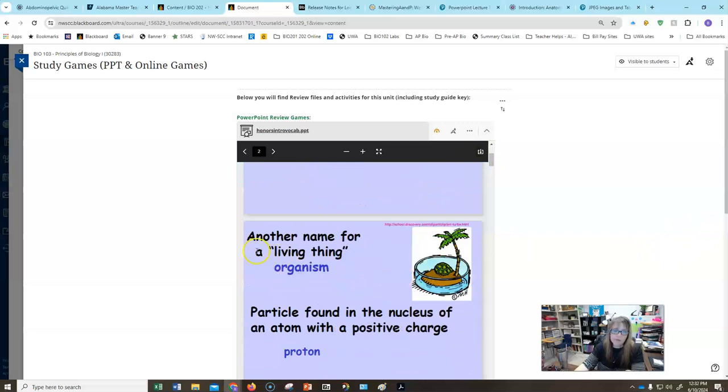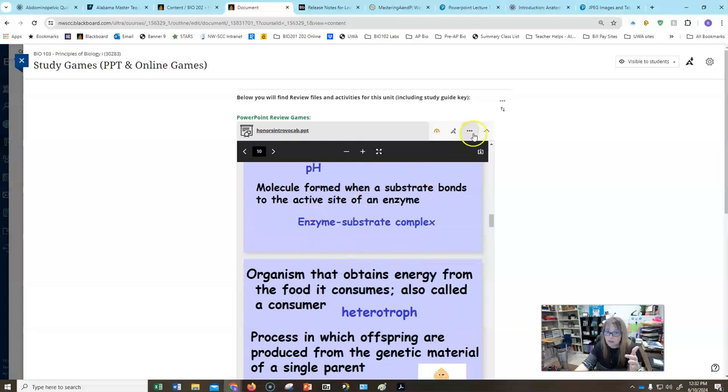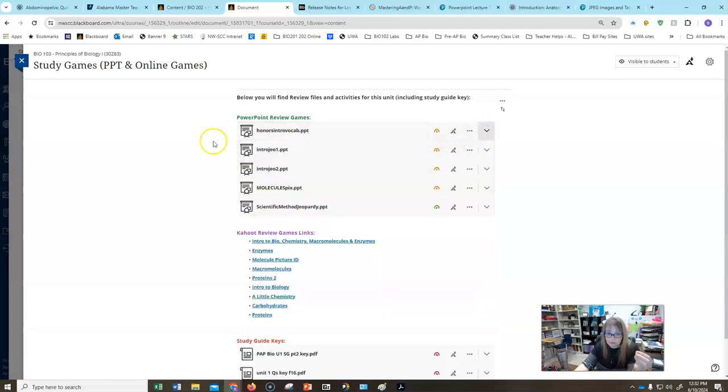It would pop up. So the very thing would come up: question, another name for a living thing. And it wouldn't show you this yet. You would say organism, and then you make a click on the page and it pops up the word organism. Were you correct? Yes. Or if not, then you know what the correct answer is. And it will go through the information. And if you can do all of these PowerPoint games and answer all the questions every time they pop,